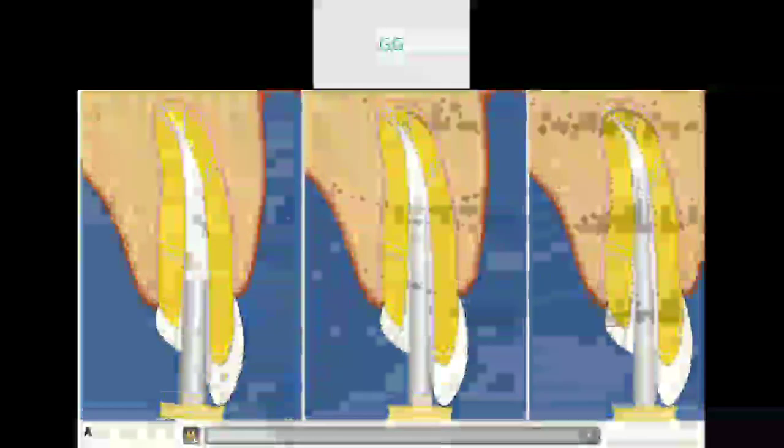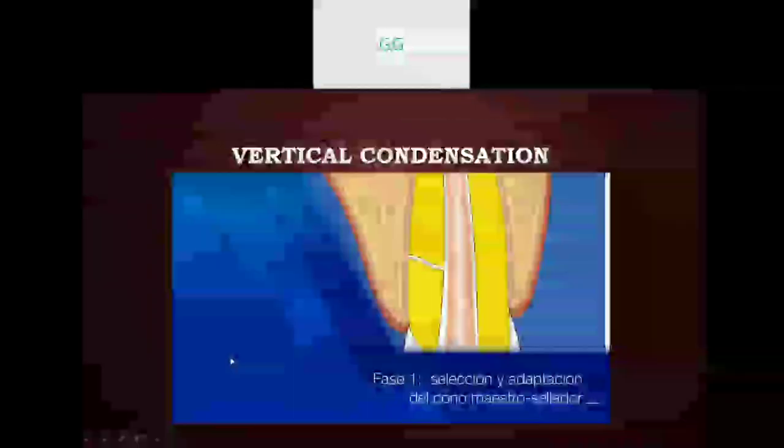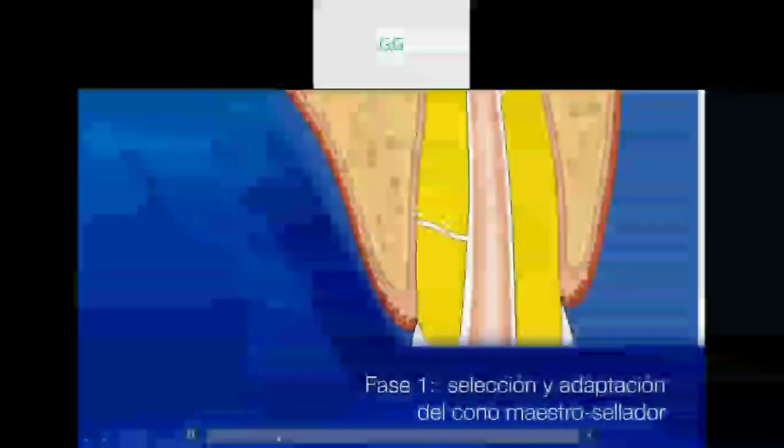Now, when the plugger sizes have been decided, we can also decide on the markings that are given on the pluggers, and at the same time we can use stoppers. Dr. Herbert Schilder has clearly stated in his article that at no point are pluggers meant to be heated. When the pluggers are heated, they can change their form and lose their stiffness, becoming more flexible. So the pluggers are to be used in the cold state only, and the instrument that is heated is the heat carrier, or the spreader. Pluggers are not meant to be heated.